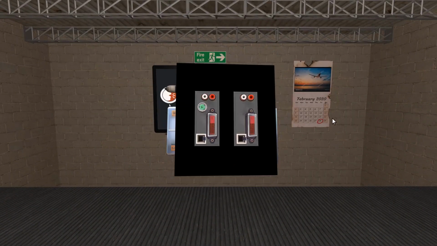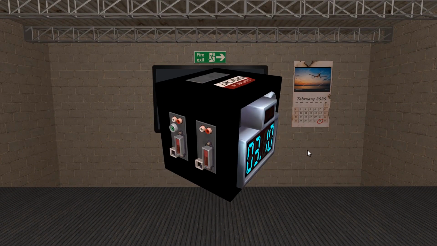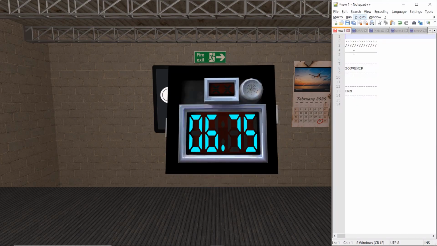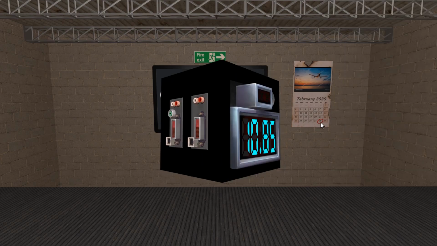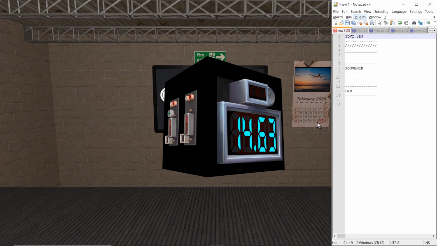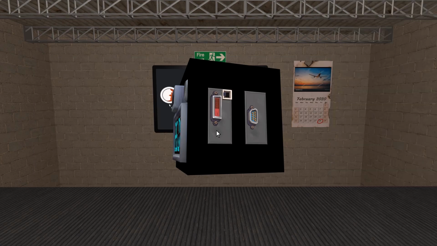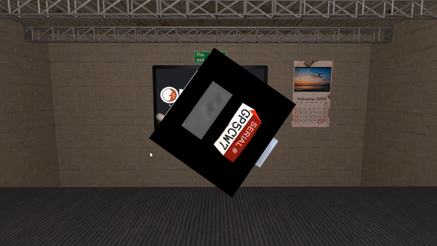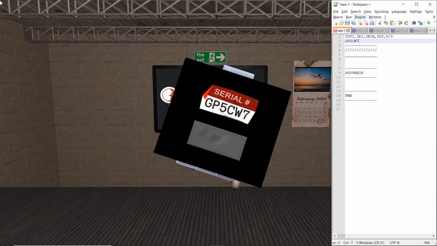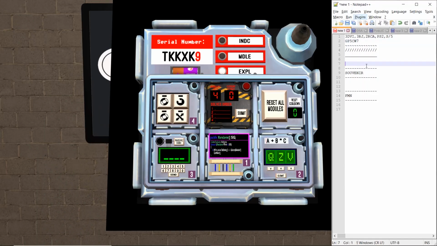Okay, and cool. Alright, sure. 3 DVI, I'm pretty sure ports aren't even important. 3 DVI, 3 RJ, 2 RCA, PS2, and a serial on 5 plates for some godforsaken reason. And we have Golf Papa 5, Charlie Whiskey 7. Okay, we have Tango Kilo Kilo X-Ray Kilo 9, odd serial number, a lit explosion, an unlit indicator, and an unlit middle. We have a purple battery,